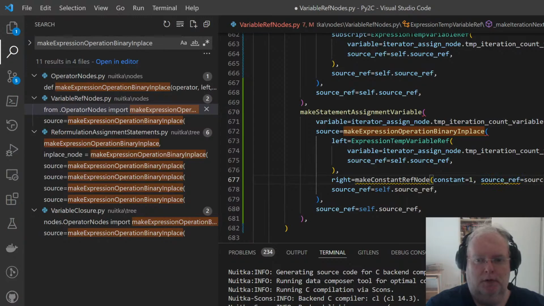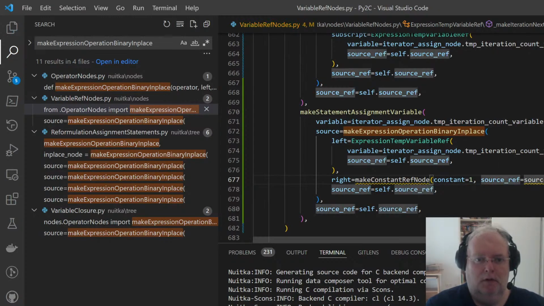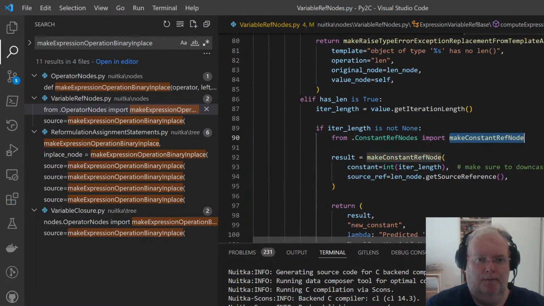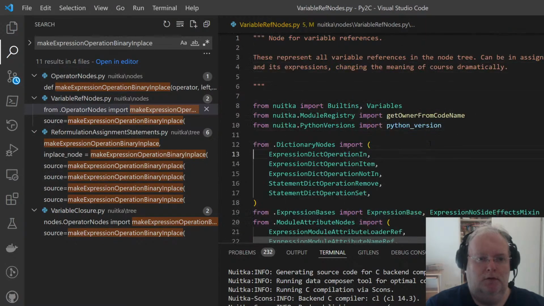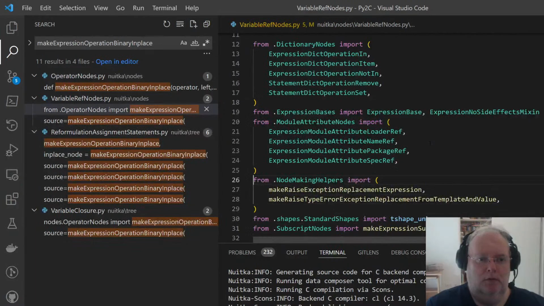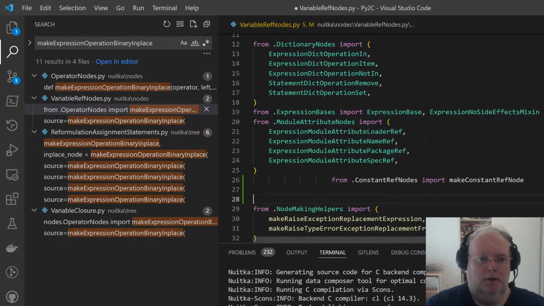Why is it not completing anymore? So we are making in place here, left, right, source ref. I suspect that it could not be localized.